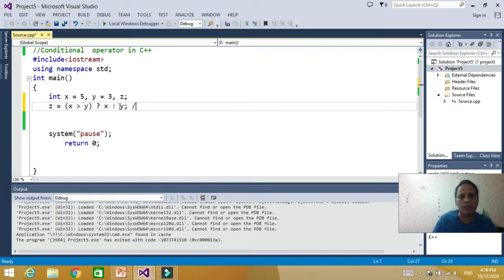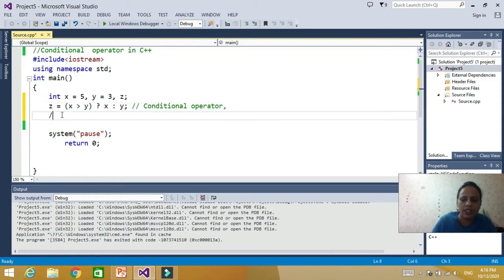So the compiler will evaluate the expression x greater than y. Is it? Yes, x is greater than y. So it will go to the first expression and say z equal to x. So the value of x will be assigned to z.